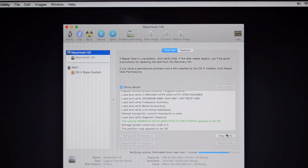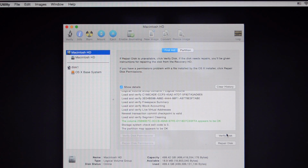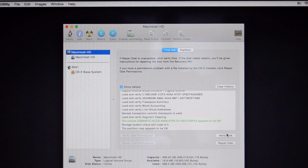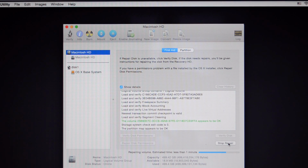You don't get nearly as much benefit of running this when you are logged in. That's the reason why I'm having you do this as you're logged out. So the first thing you're going to do is run Verify. When it finishes, hit Repair Disk. That is, if it needs any repair, and it almost always does. That trick alone is going to bring back the most significant amount of data you'll probably find over the course